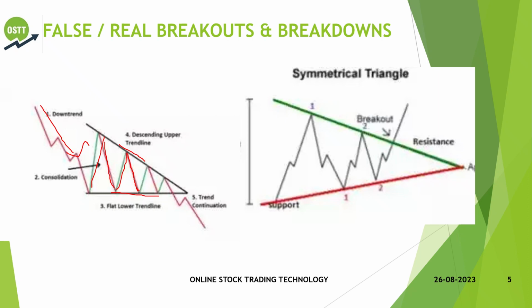So how do you know that it will not go this way or this way? By doing this volume flow analysis, VFA. Similarly, this is for breakout, so at this support level you can see 1, 2, and 3